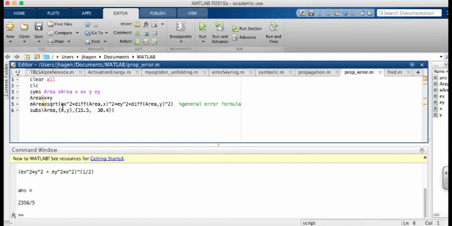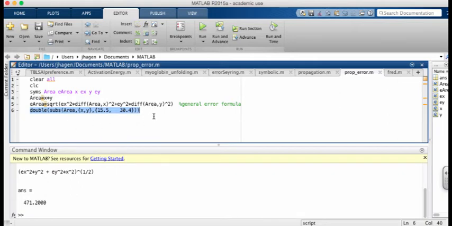We can do that by using the double command. So let's go back up to our script, and we'll alter this to say we're going to substitute the numbers in, so our x and y will be 15 and 30, and calculate the area. But then we're going to take a double precision approximation of the actual number. So let's run the script again, and we can see that the number is 471.2. Great. We also need to do the same thing